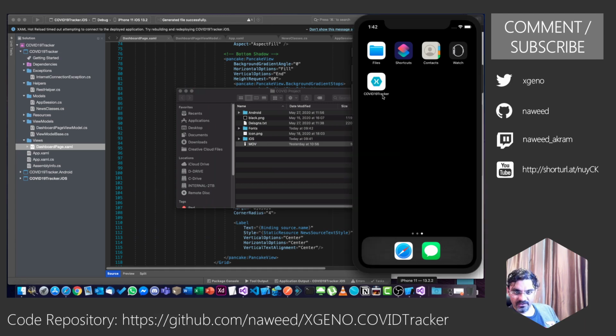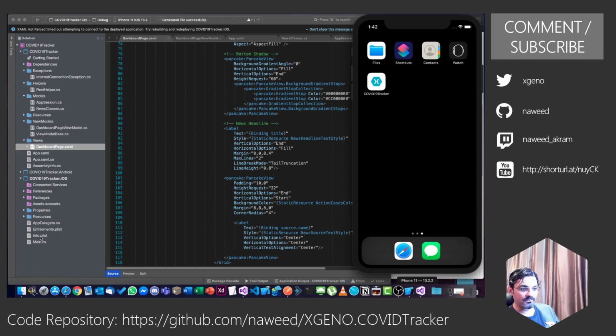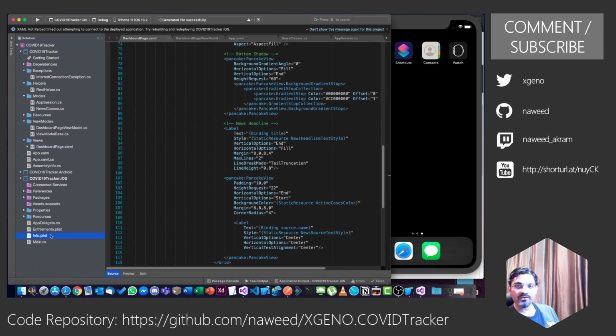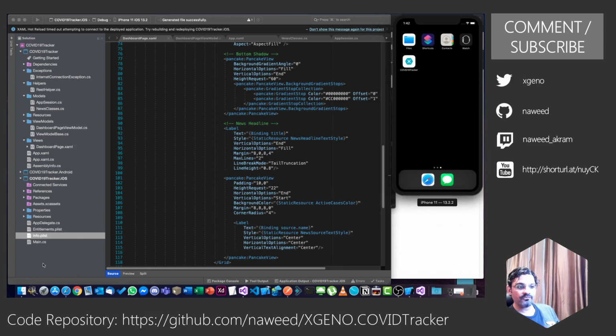The very first thing let's fix is the name. For this, on the iOS, we will do this on Android as well at a later stage, next time when we run it in the Android emulator. But for now, for iOS, you will need to go to the info.plist file.